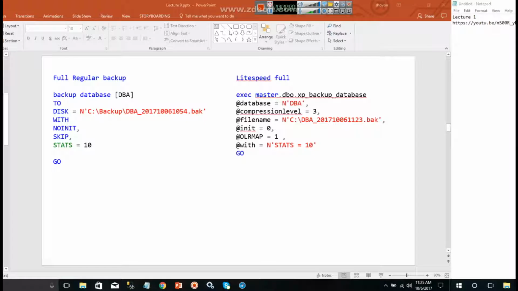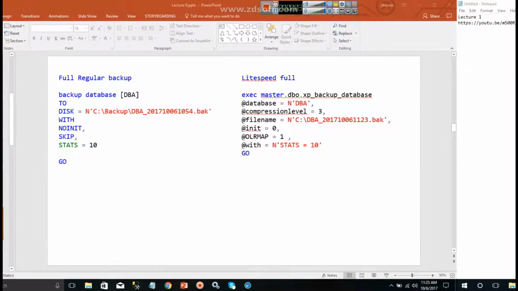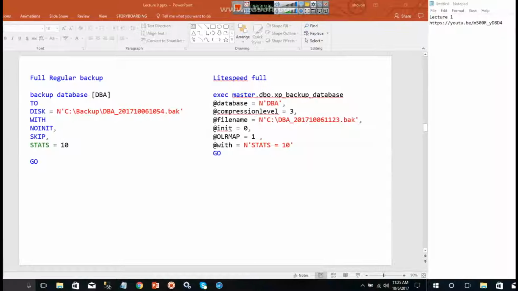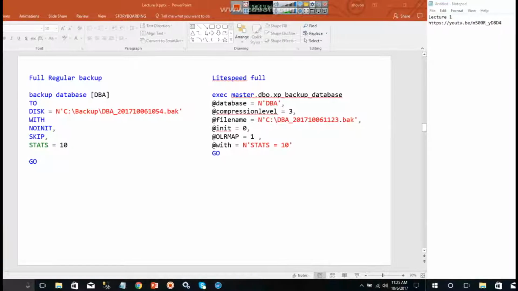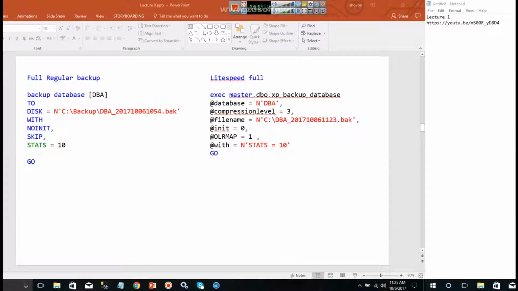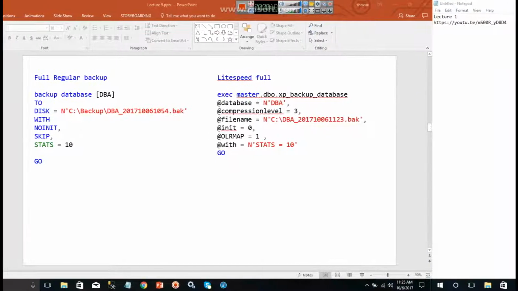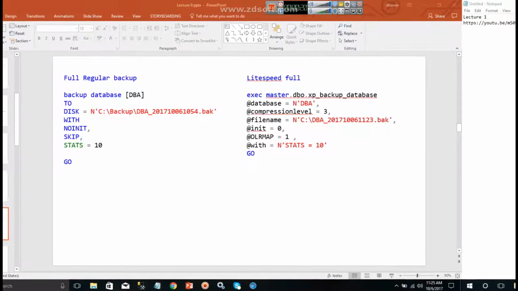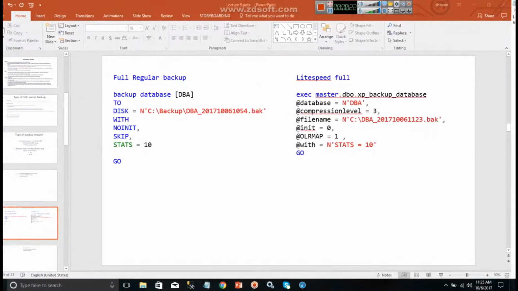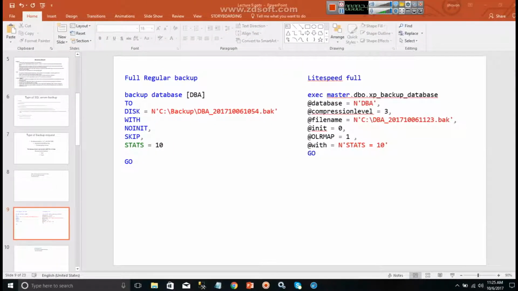Now we will see the backup, how to take backup. On the right hand side, the script that we have for a database. If a request is like just one database backup with Lightspeed, then you will use this script starting from exec to go, and then full regular backup with